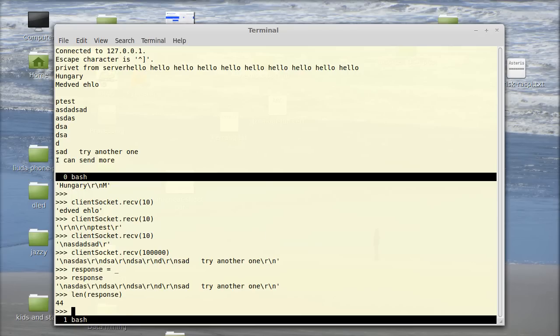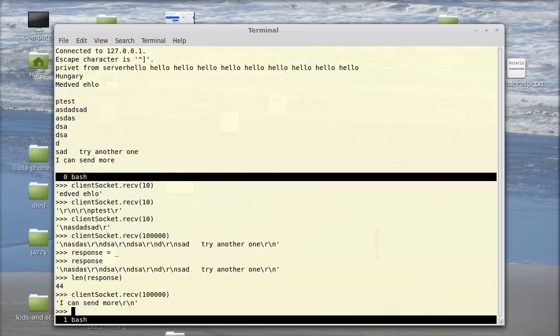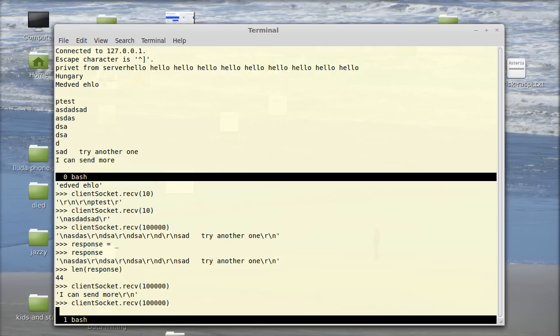Okay. Yeah, so the receive function, let's try to call it again when there is nothing in the buffer. Oh wait, now there is nothing in the buffer and it's stuck, which is another example of a blocking function call. And if I type one thing now,